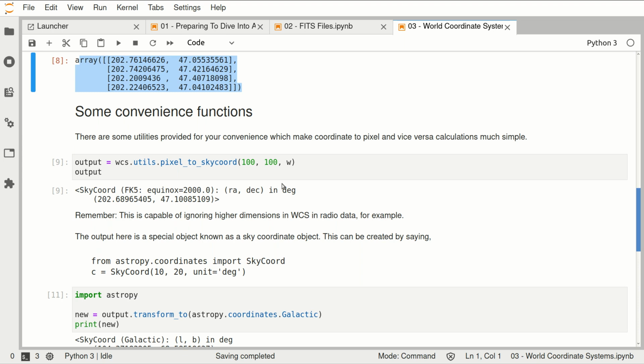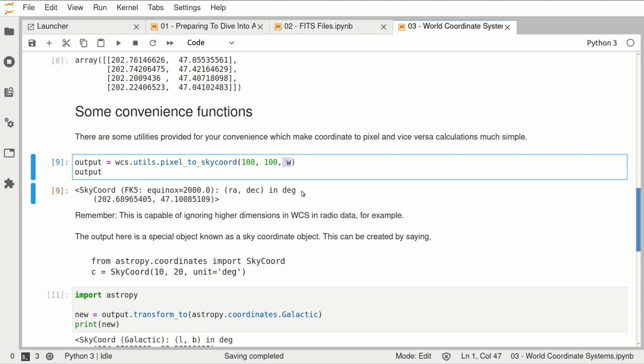In this case, these convenience functions actually make the calculations simpler. So remember, wcs is the imported submodule, and I do wcs.utils.pixel_to_skycoord. But remember that this is an independent function. It is not attached to the W object. So the syntax is slightly different. So I'm saying convert pixel to sky coordinates. Pixels are 100, 100. But remember that wcs.utils doesn't know what world coordinate system you're using. So the third argument in this case has to be the W, to tell it to use this W